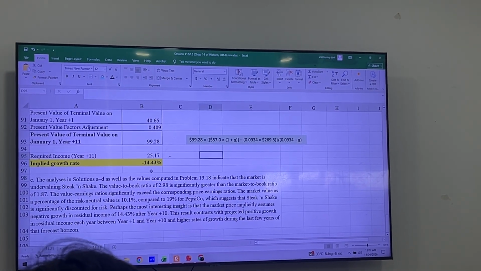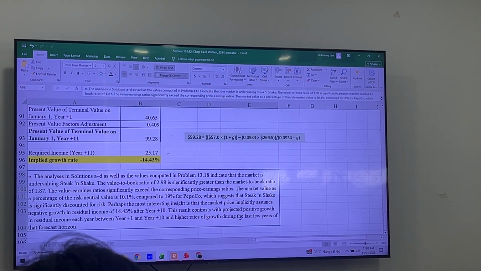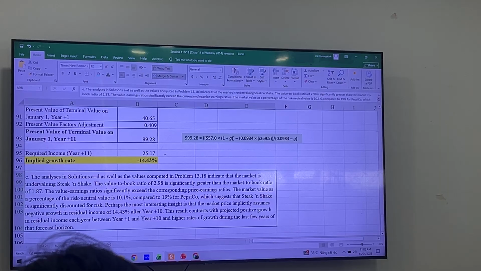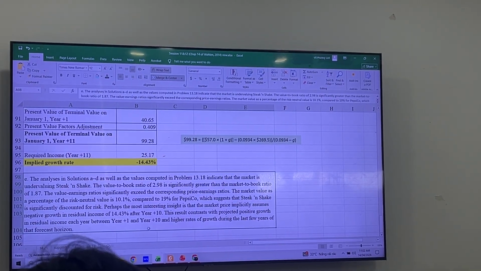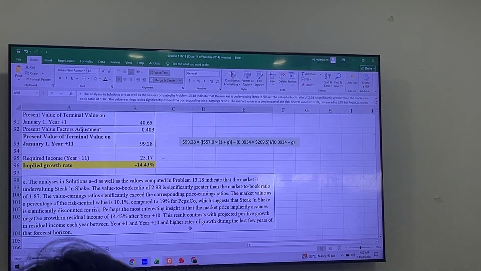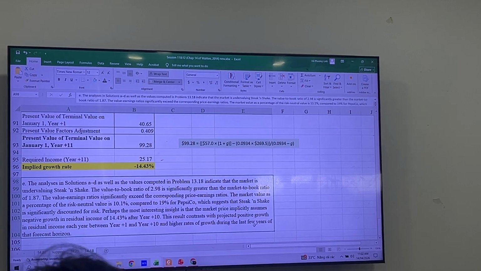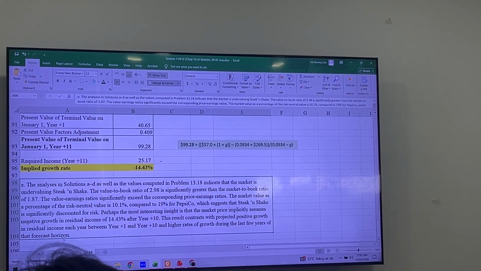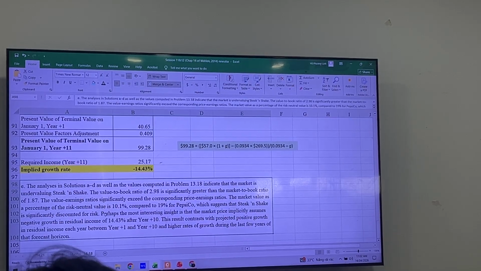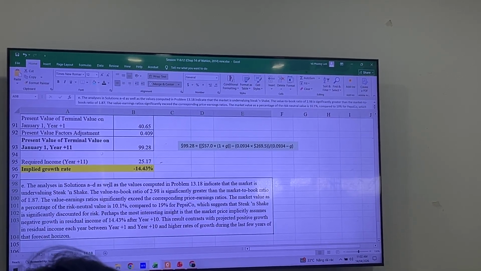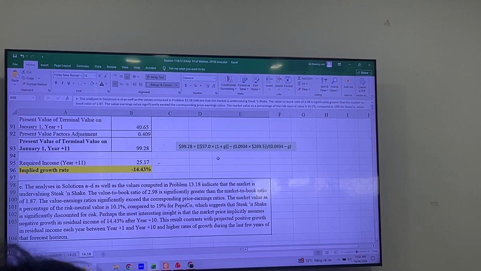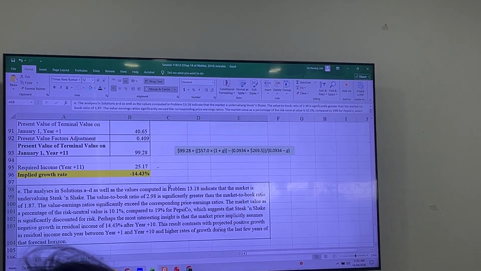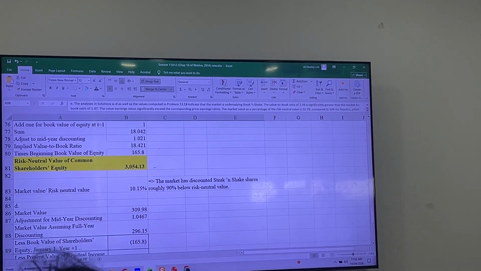From your analysis of the company, you can see that it contrasts with the projected positive growth in the residual income of the company from year 10 to year 11, and then even a higher growth rate during the last few years of the forecasting horizon. You have a totally different assumption in terms of growth as compared to the market. So this is how you find out the implied growth rate from the market assumption using reverse engineering. Okay, right, so this type of question will surely